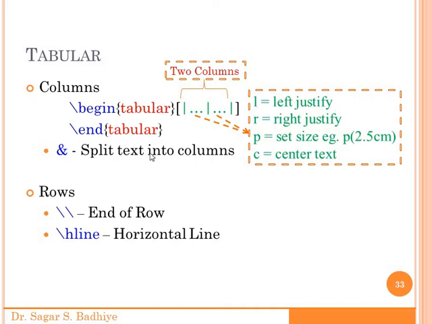Ampersand is used to split the text into 2 columns. When we have to add the text, we will see with an example. We make use of an ampersand that separates the text of different columns. If you place a particular text followed by an ampersand and another text, then the first text will be placed in the first column and the next text will be placed in the second column of that particular row. To end any particular row we have the double backslash symbol. The double backslash indicates that the row has ended and a new row will start, and the \hline command is used to create a horizontal line in the table. So by using these commands we can create a table.